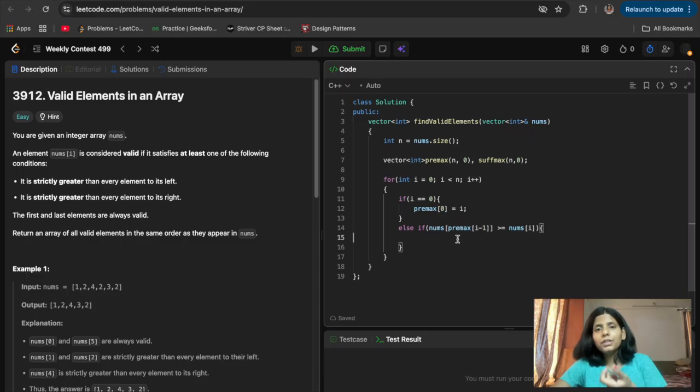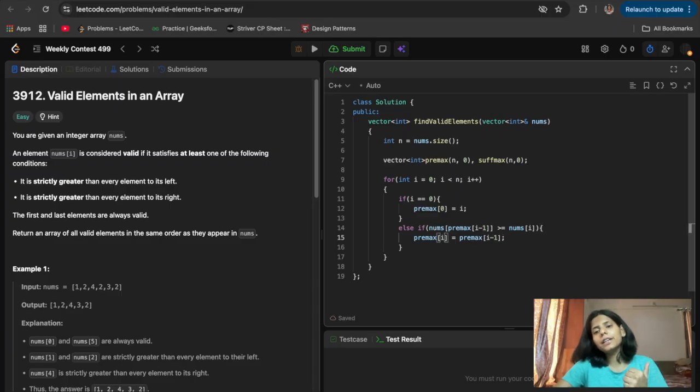Now it should be strictly greater, right? So the previous one was the greater one than the nums, so premax at that index will be whichever premax I had found previously.